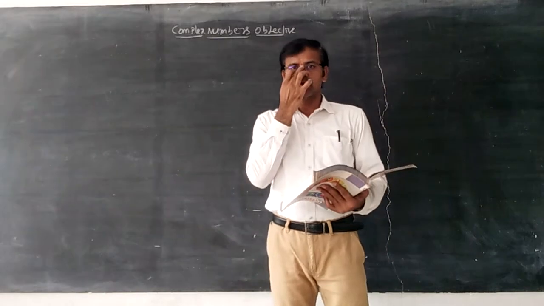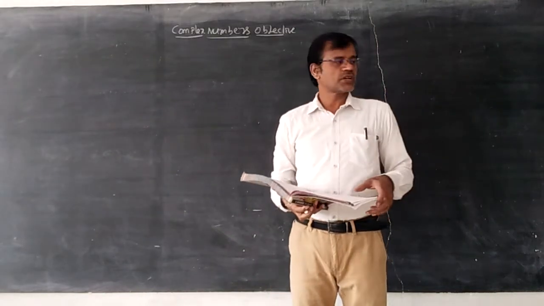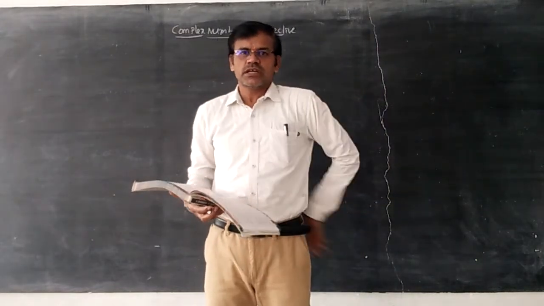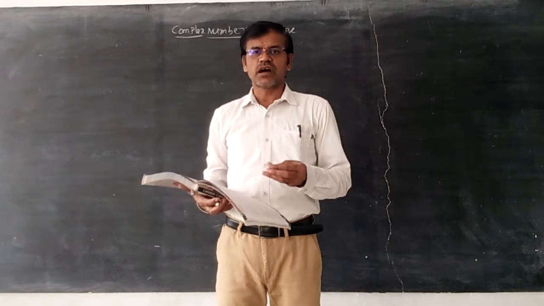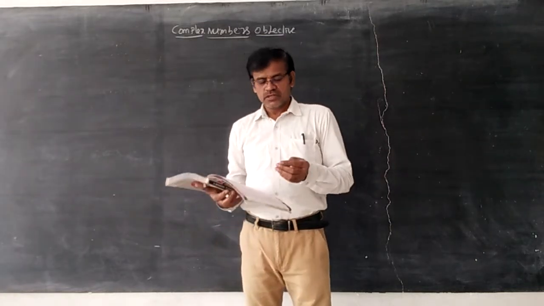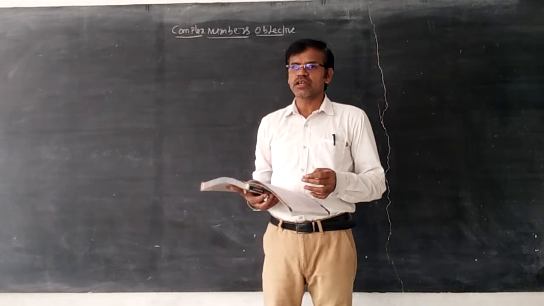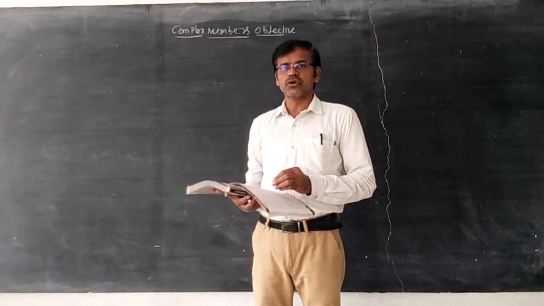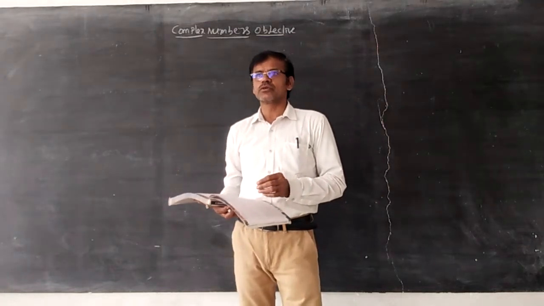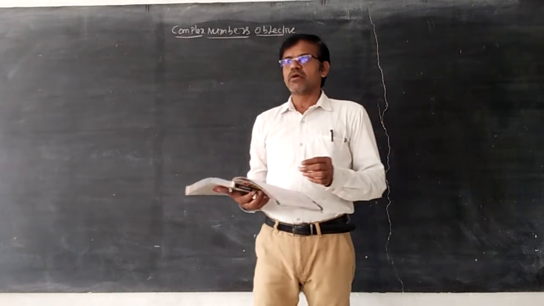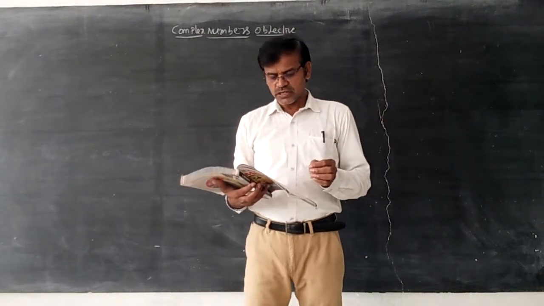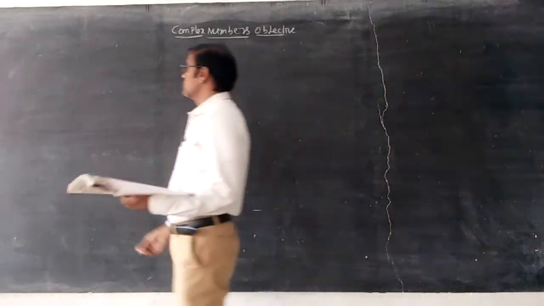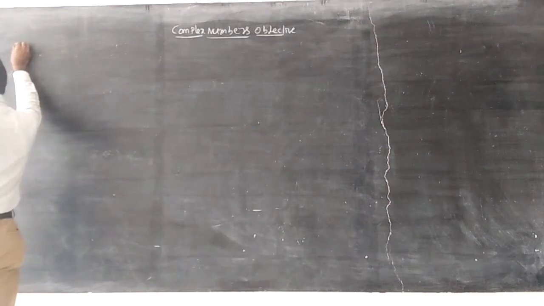In this topic, yesterday we discussed the equation of a circle in complex form, and we discussed the center and radius of the circle in the complex plane. The equation of a circle in general form in the complex plane is z z bar plus a bar z plus a z bar plus b is equal to 0. In that, the center is minus a, and the radius is the square root of a a bar minus b.